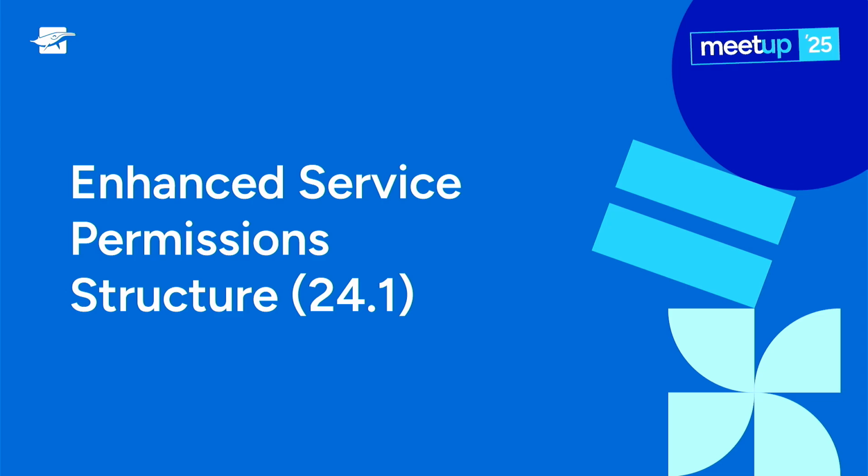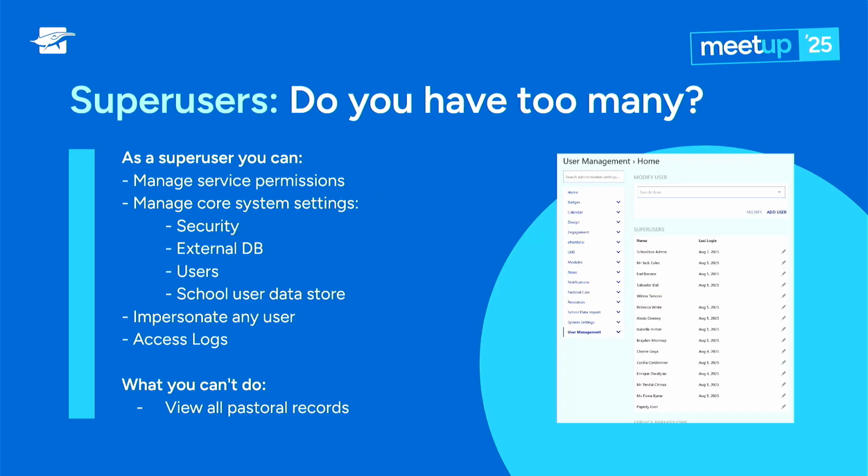One of the things that we've found over time is, obviously, as we release features, it's sometimes hard to miss some of the little details or some of the changes that come about. So in 24.1, a while ago now, we actually looked at our service permission structures and we redesigned our administration area. We redesigned the system to better segregate out aspects of responsibility.